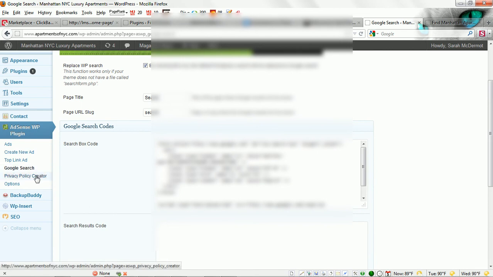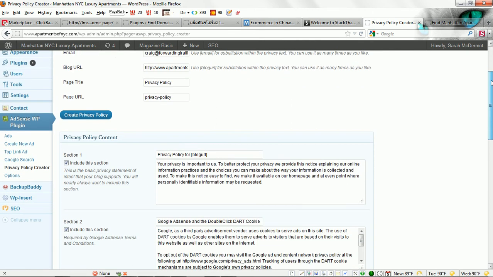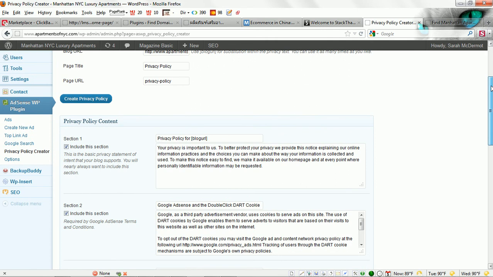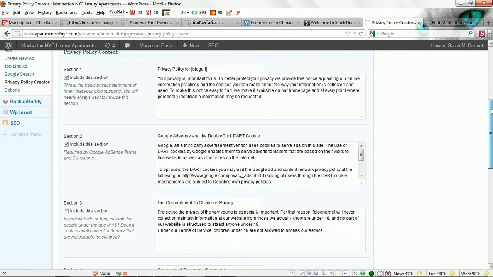Let's jump over to the one last feature here that this plugin has, and that is this privacy policy creator. As you know, to run AdSense, the terms of service require that you have some sort of privacy policy on your page, and the best type of privacy policy that you can run is one that's created specifically for advertisers and publishers of AdSense. And the one that we have set up here is very sufficient for that. It has all of the content and all the sections needed